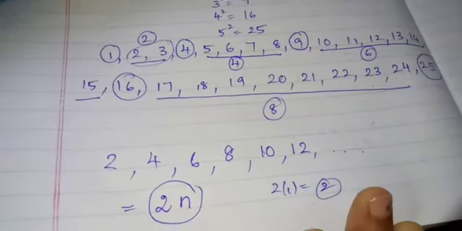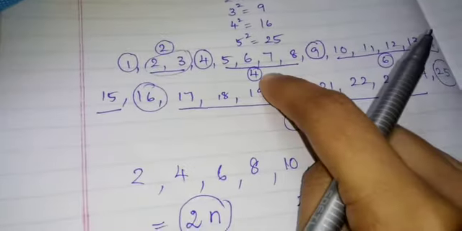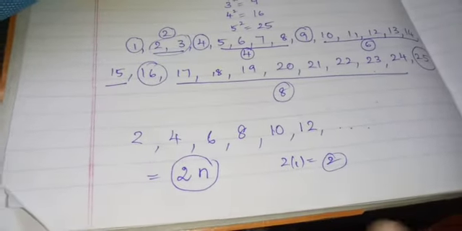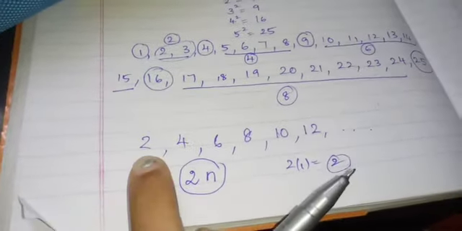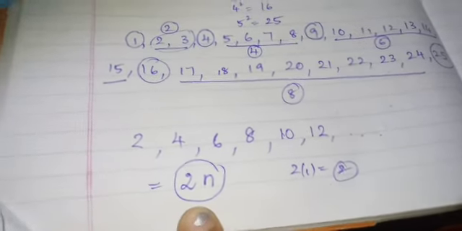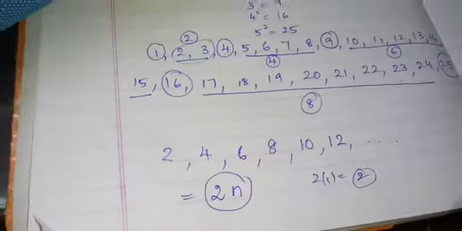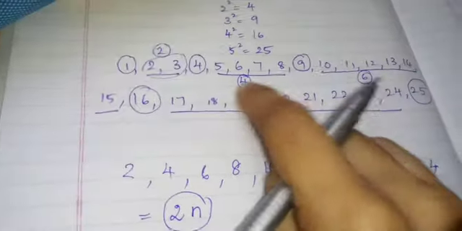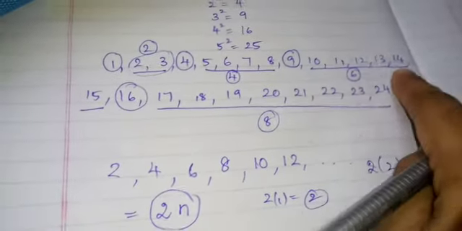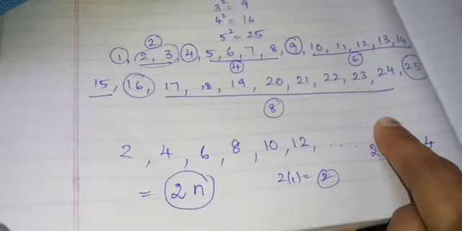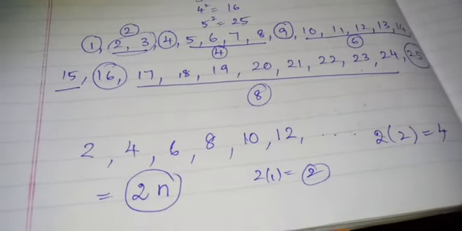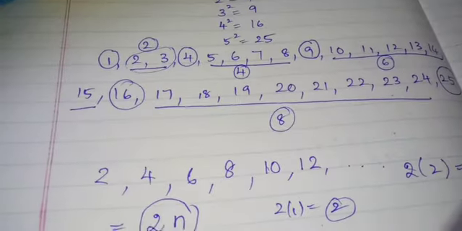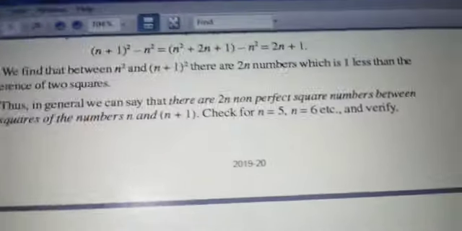So these 2 numbers are not square numbers, which are between two square numbers. Okay, so 2 numbers, 4 numbers, 6 numbers, 8 numbers, then 10 numbers. Everything is a multiple of 2. That's why I am taking this generally as 2n. So first 2 into 1 is 2. Second, 2 into 2, 4. Above, 4 numbers you are getting. Next 2 into 3, 6 I am getting. 2 into 4, 8 I am getting. Likewise, you will get the number of numbers between two square numbers. Understood, children?